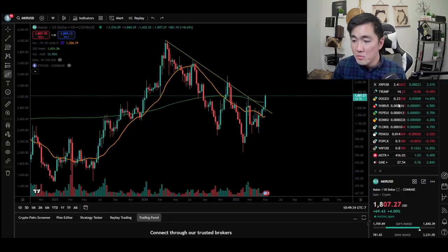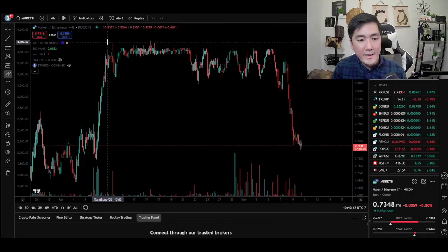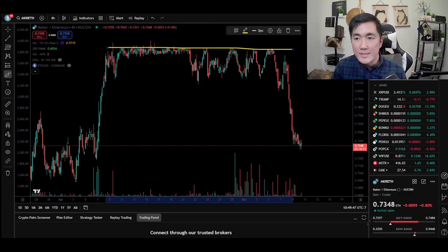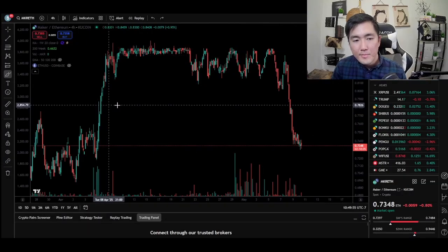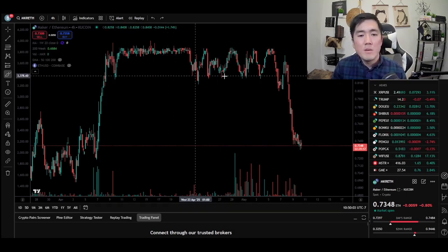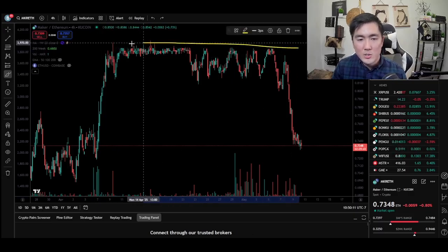So if you go to the MKR/ETH chart and zoom in, you can see that there's this wall at 0.85 that has not been broken. And it's literally this guy, and it kind of led to this pullback. This is concerning, because what if he sells more tokens? I think this is one of the biggest risks outside of the team delaying the Spark launch. But I've been monitoring on-chain activity, and there are so many whales that sold their Maker